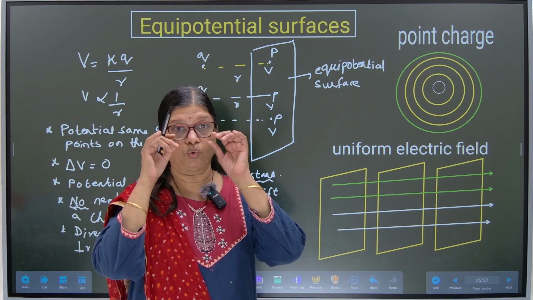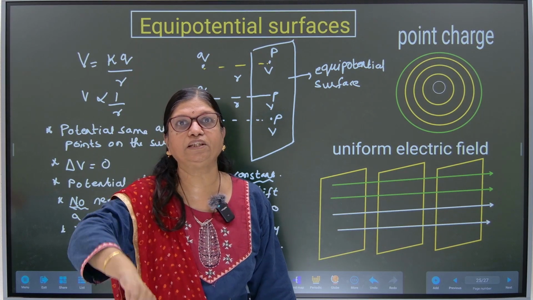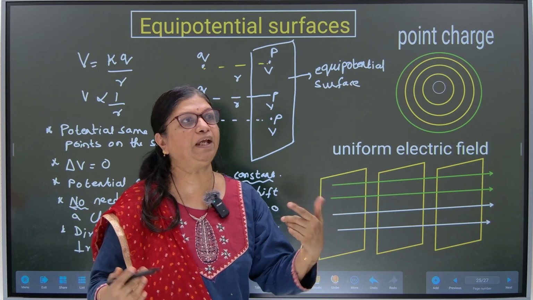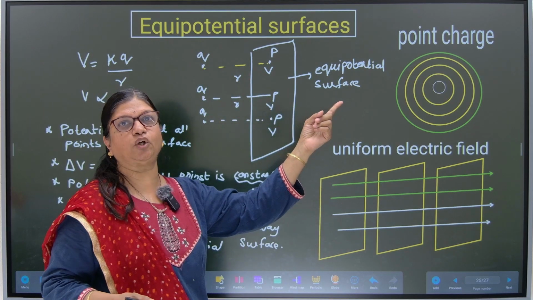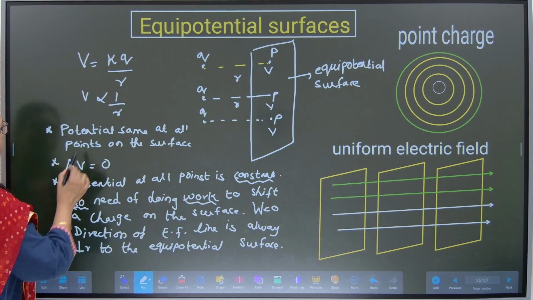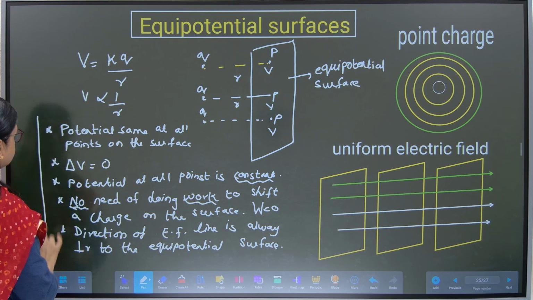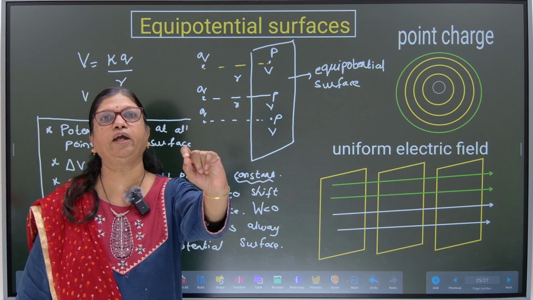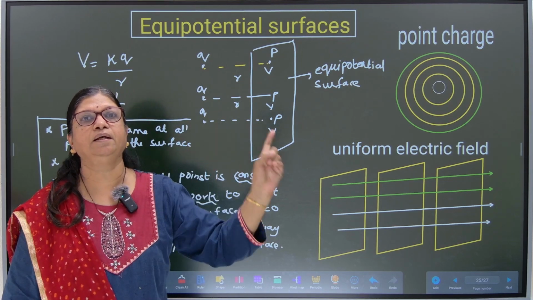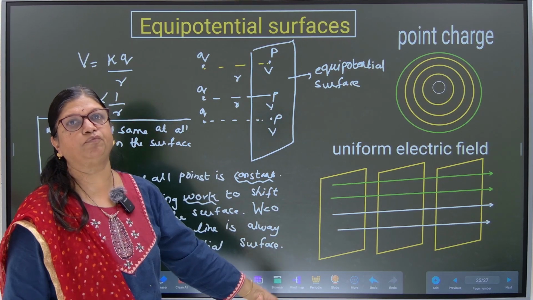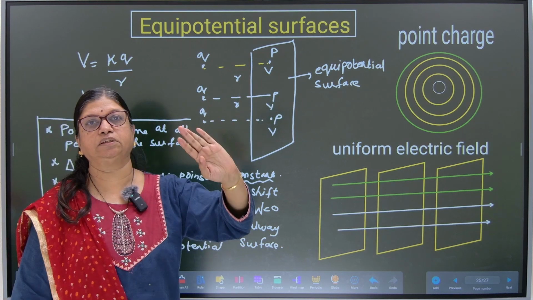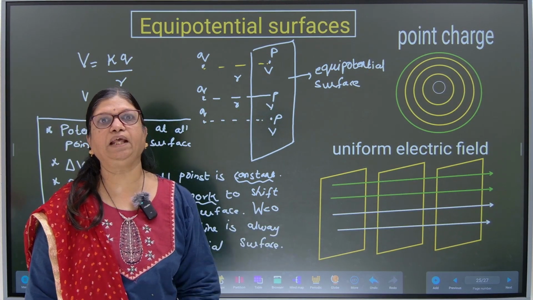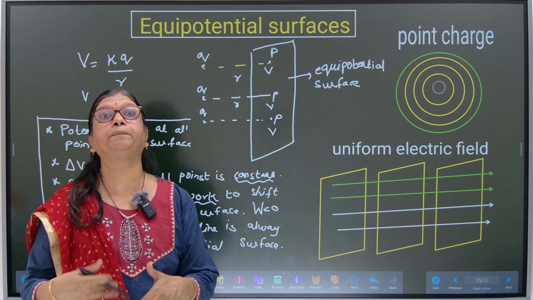Fine. So, remember all these points as a package. For which topic? Equipotential surface topic. These all points are a complete package. One point given to you in the question means the other points will follow and it is an equipotential surface. This you keep in your mind. Okay? Then it will be very fast for you to apply.